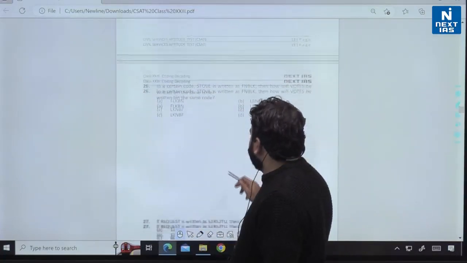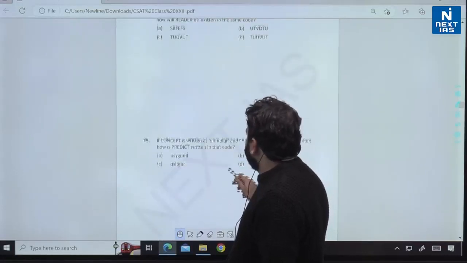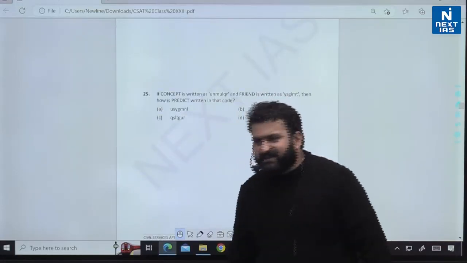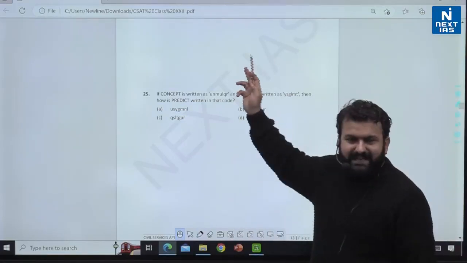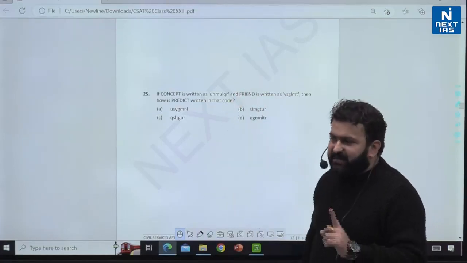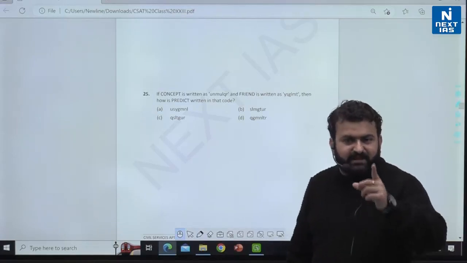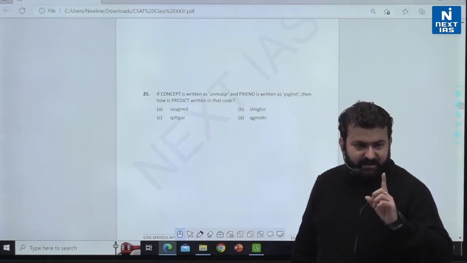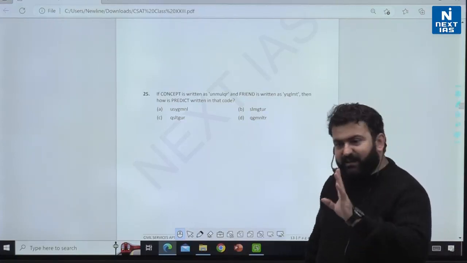Next question was question number 25. See, all of you, this is easy. See, exactly the same manner. All of you solve it exactly the same manner as we have done question number 24 now. Exactly the same way you solve it, you will get answer option C. As 24 was, 25 is the same. So 24 and 25 are the same.